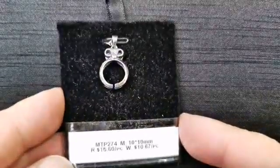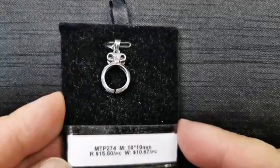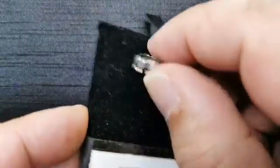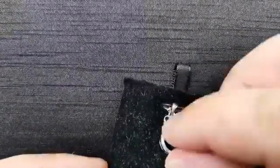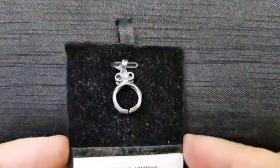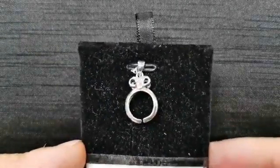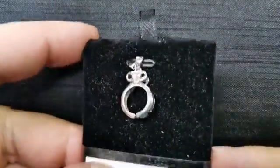This one, MTP 274, for a 10 millimeter round stone. Retail price is $15.60, and the wholesale price is $10.67. And this is kind of a tension mount. If you can see that split there at the bottom, you can theoretically just pull this open a little bit, enough to pop your stone in there, then push that closed, and that'll hold your stone in place. Cut stones will work in this beautifully. Maybe a cabochon too. I think it's designed for a cut stone though, but it's very cool. And again, it's a tension mount, so no prongs, no glue,